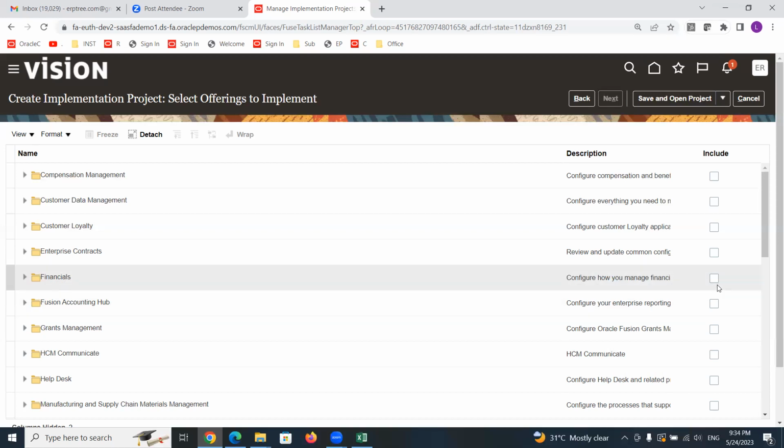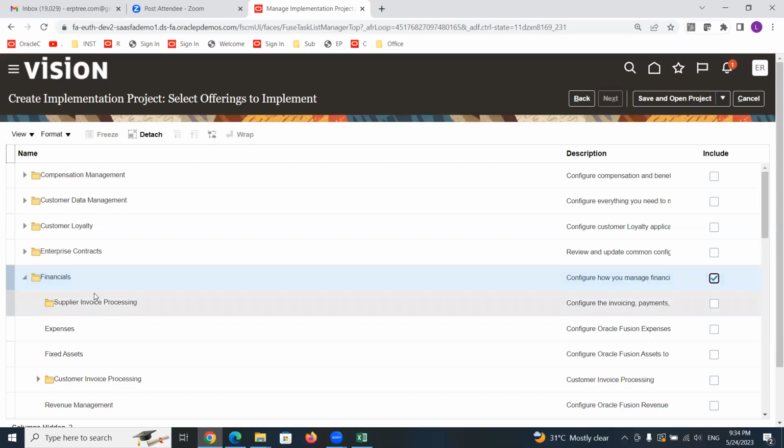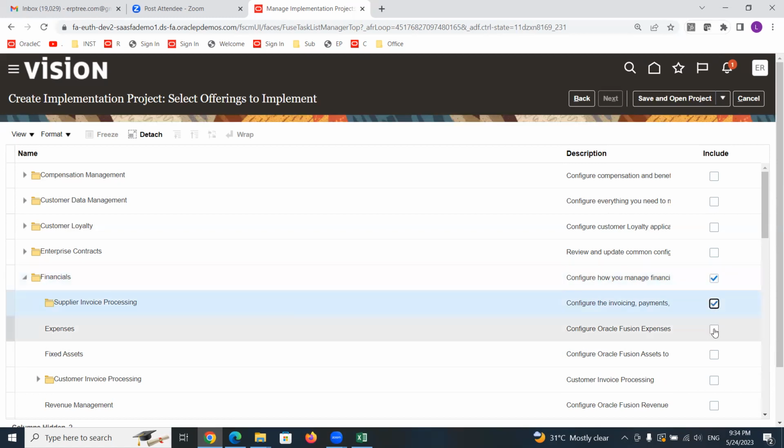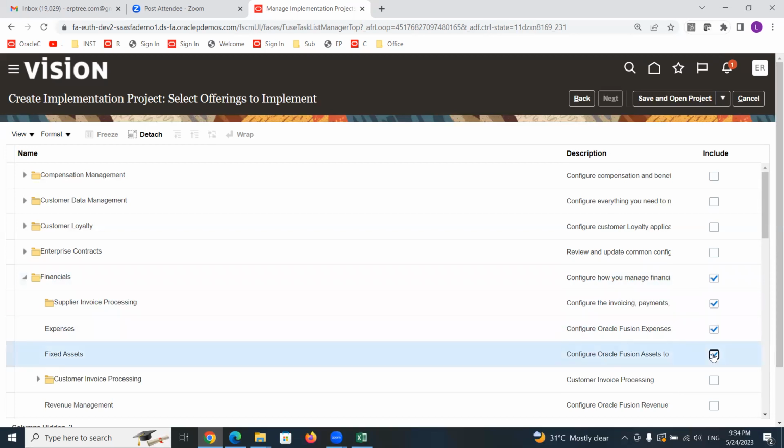So how to include financials into our project? Here is a checkbox called include. It will expand and display the applications we have inside financials. Yes, supplier invoice processing means payables, we need it. Expenses is a separate application, that is employee expenses. Fixed assets, yes, we are going to implement.